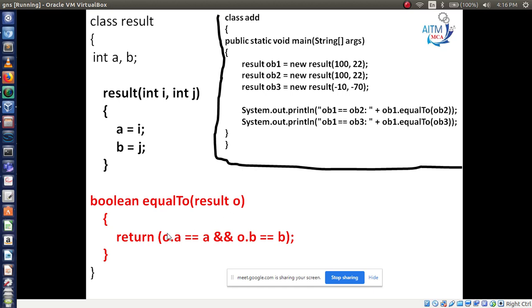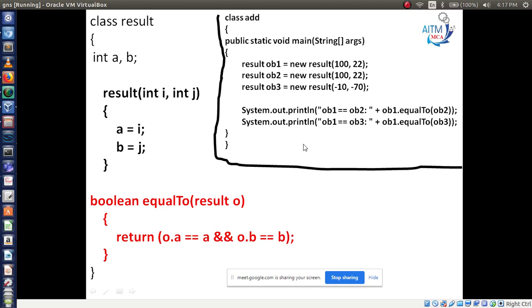So this o.a is 100, this variable value a, 100 is equal to 100, true, and this one 22 is equal to 22. 100 is there and 22 is there, so the condition becomes true.